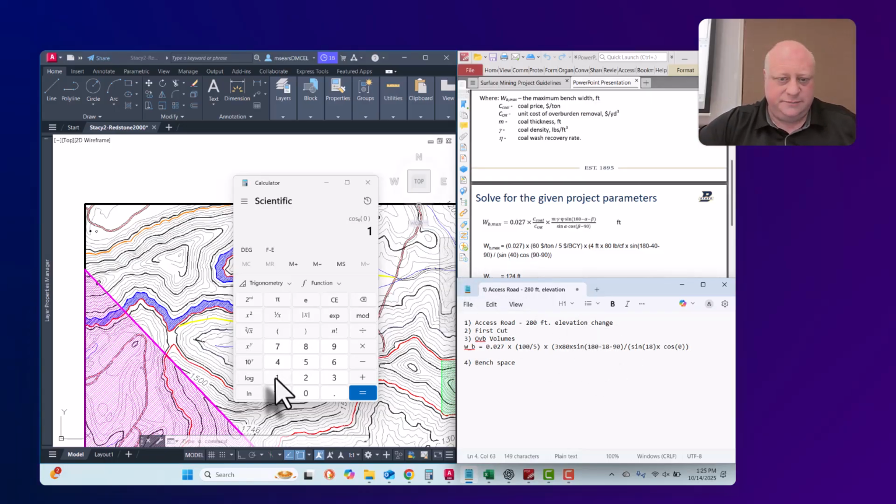Let's do 180 minus 18 minus 90. Sine of that is 0.95. We're multiplying that by 80, the density, multiplied by 3, the mining height. It gives us 228.25. And then we're going to divide that by